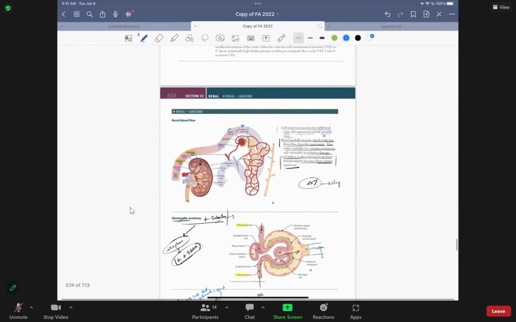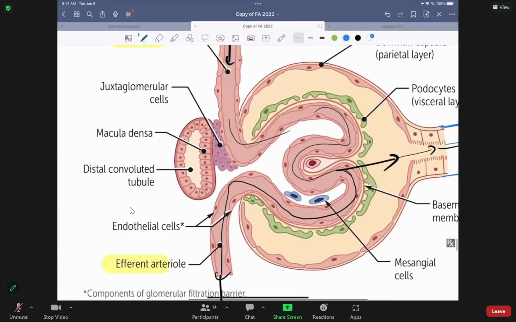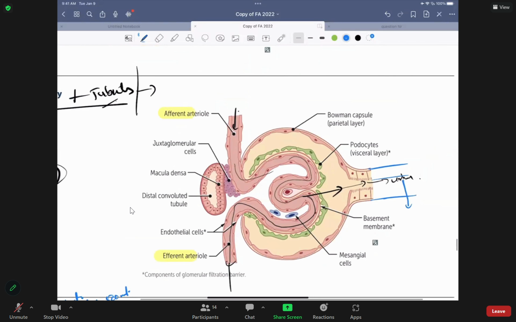Let's go to the first diagram. So histologically, if I don't give you the names, how do you know which one is afferent, which one is efferent? You look at the DCT, and whatever is always next to it, that's your afferent arteriole. Is everybody clear, folks? All right, very good. Now next,